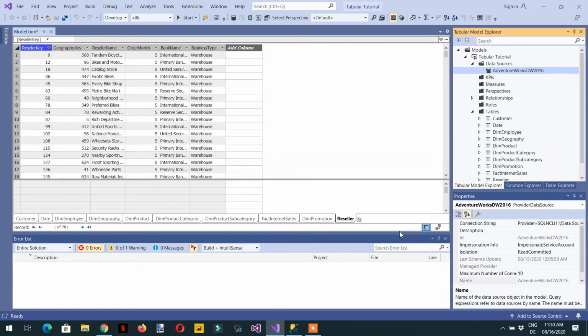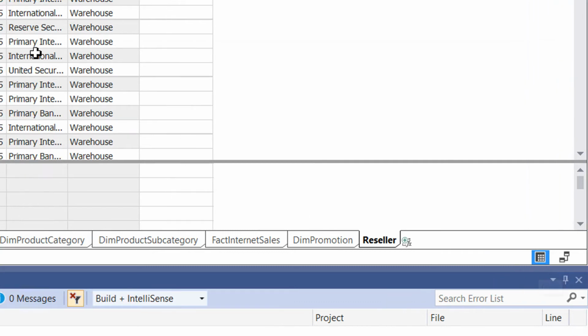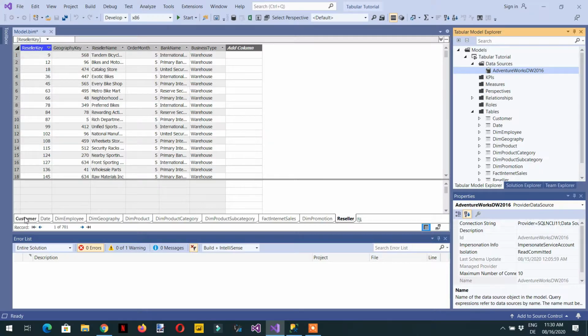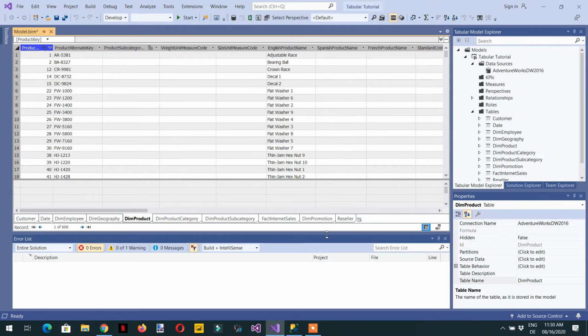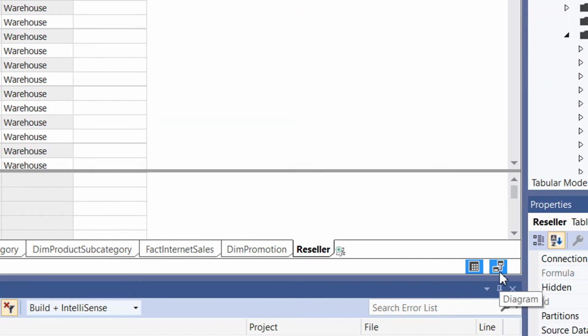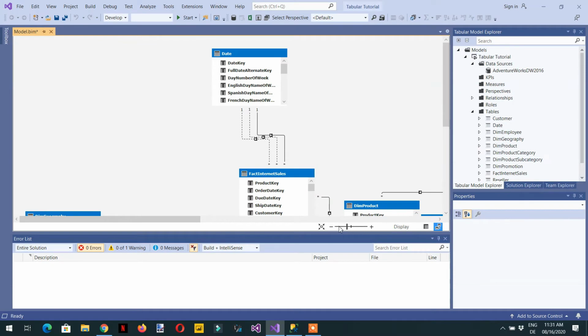Here you can see we are able to see these two options. The first one is the grid. This is a grid, right? You can see here customer, date, employee, and different tables that we have imported, right? And then the second option is the diagram, and if we click here on diagram, you will see here this is the diagram,